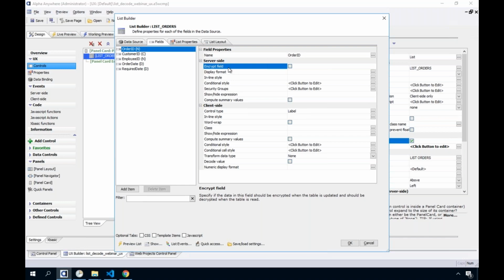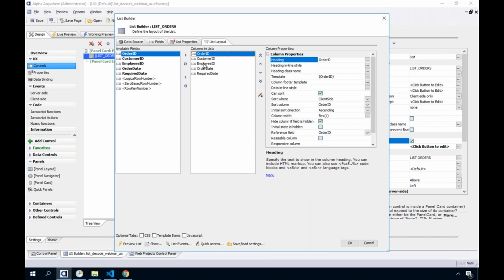Maybe you want it encrypted, like it's a password or a social security number or something like that. What are some formatting issues? Like, do you want style or display formatting, etc.? So the idea is you work on those, and then when you get to the list layout, it uses that to lay it out on the screen, but what the content of each item is taken care of